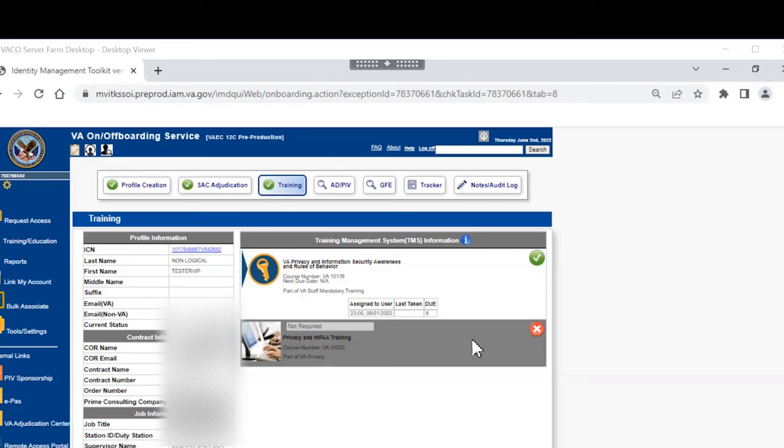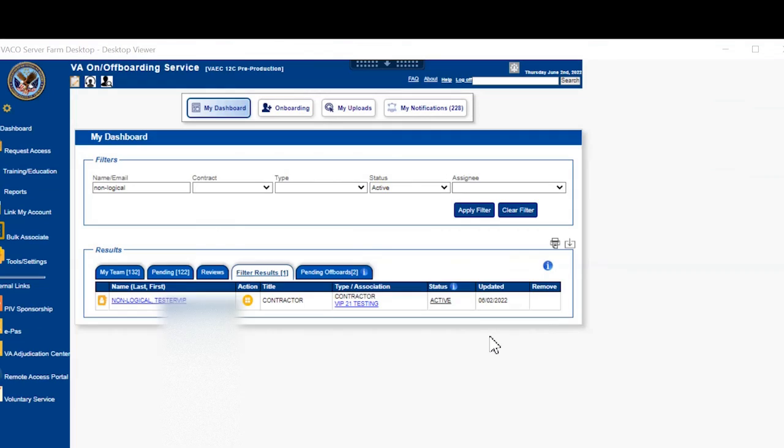You may also note on this screen that HIPAA training is marked with a red X. This is due to the core that performed the onboard, indicating in the contractor's profile creation page that HIPAA training will not be required. Moving back over to the My Dashboard page,